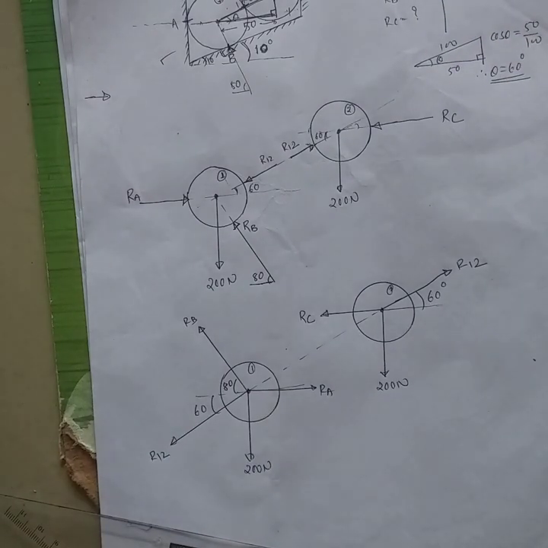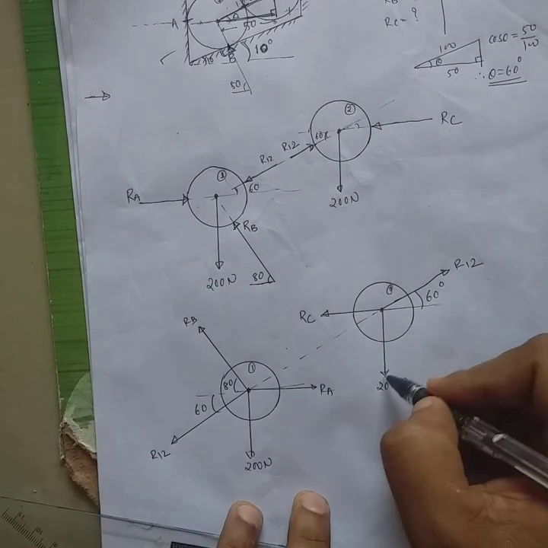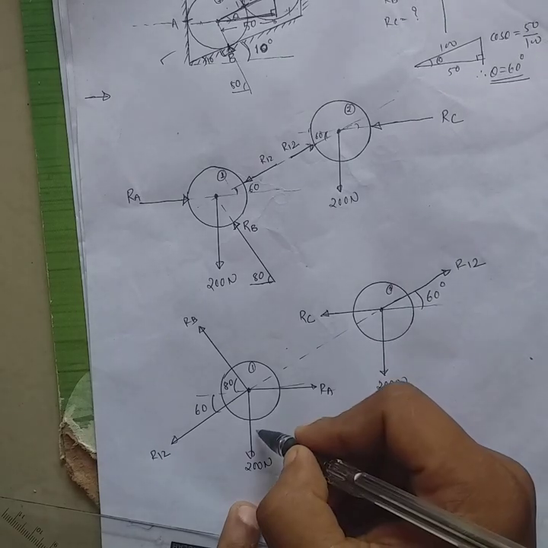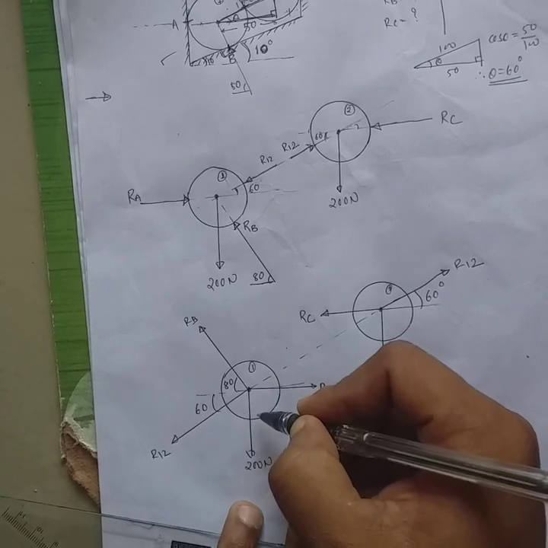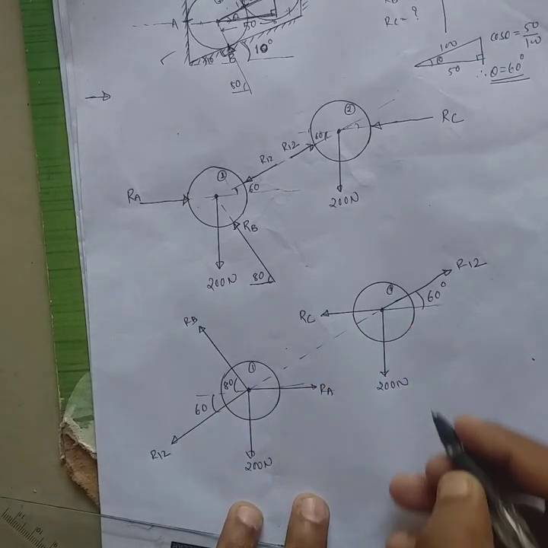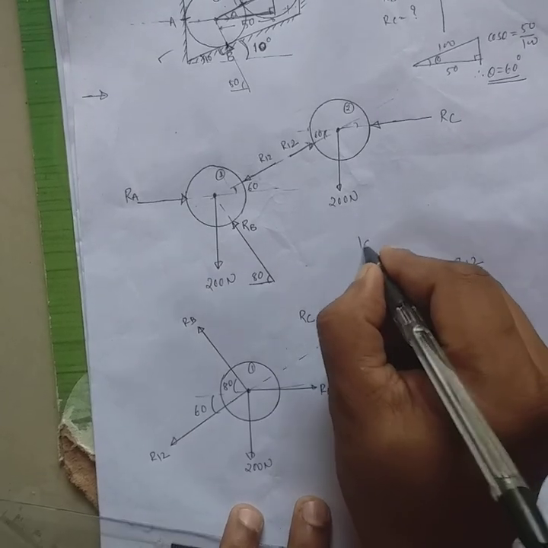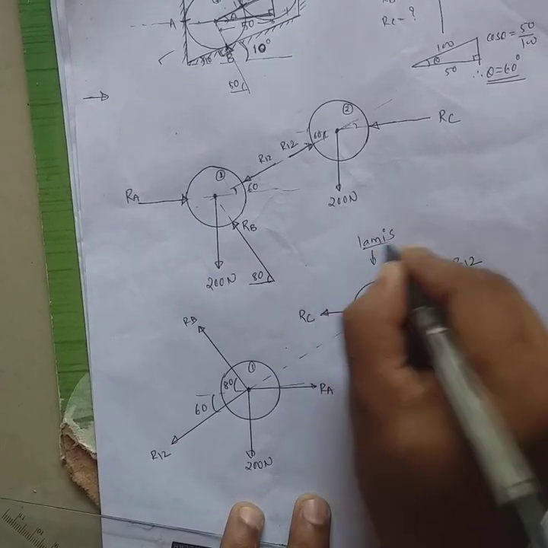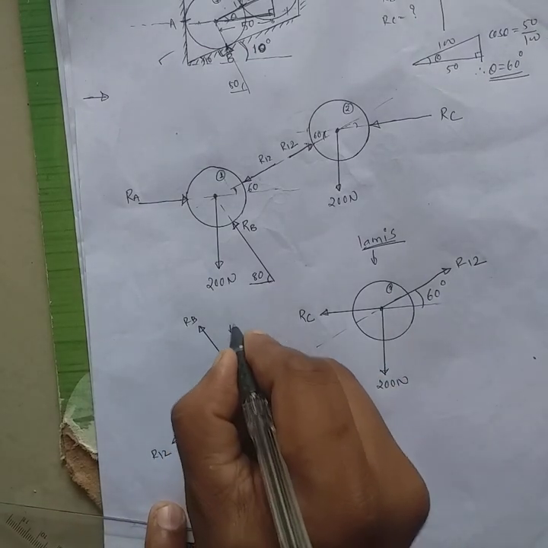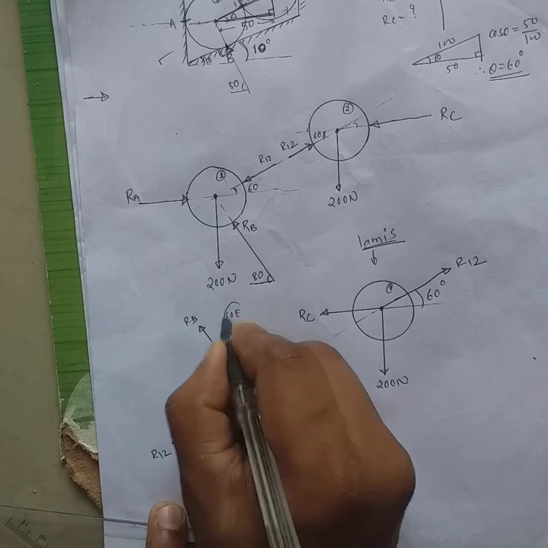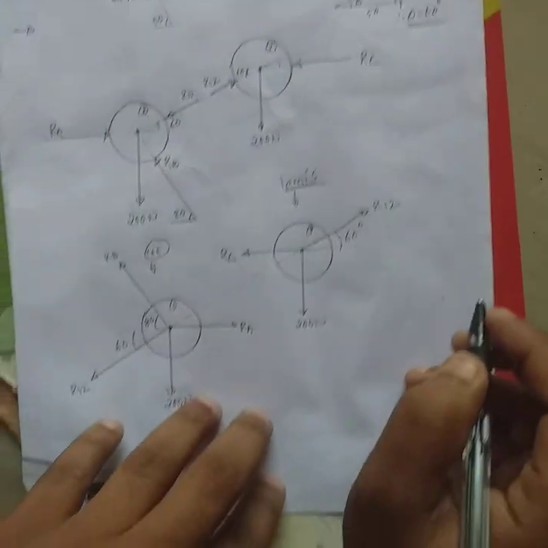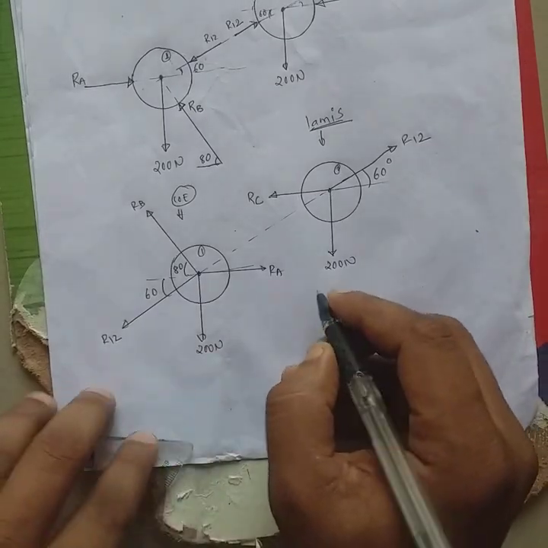Okay, now very important, for cylinder number 2, 3 forces are acting, so we can apply Lami's theorem at cylinder number 2. And for cylinder number 1, 4 forces are acting. If there are 4 forces or more than 3 forces, we cannot apply Lami's theorem. So here we will apply Lami's theorem for cylinder number 2, and for this we have the conditions of equilibrium, COE. Okay, so how to apply Lami's theorem?